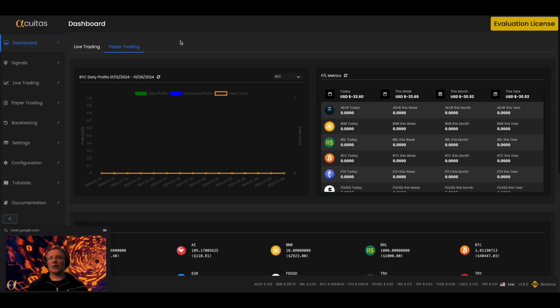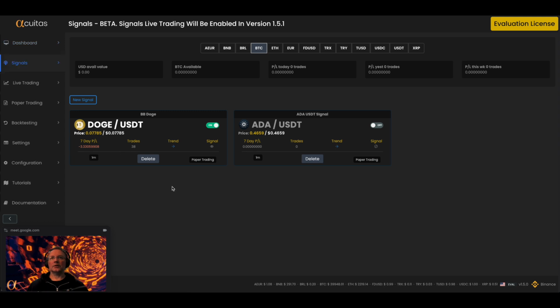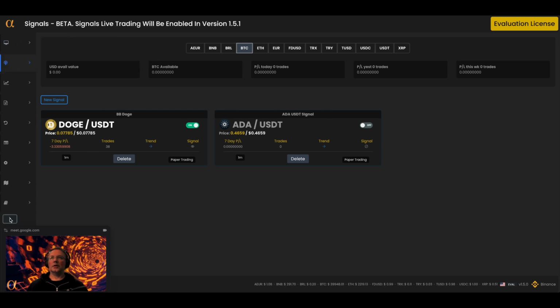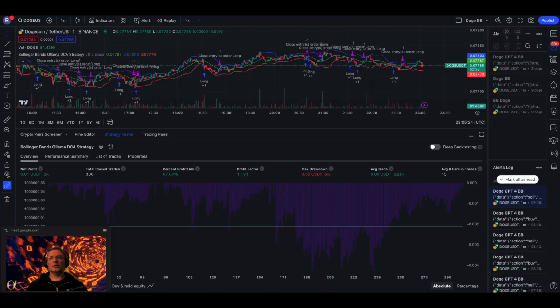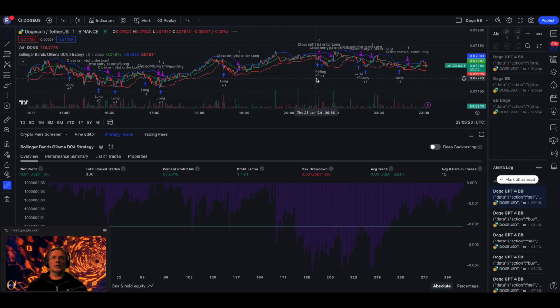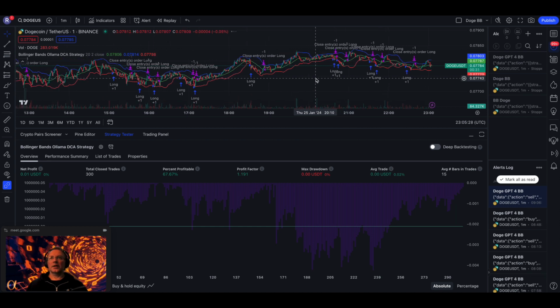What I'm going to talk about today is signals. So we have added a beta for signals, and we allow you to paper trade your TradingView signals into the bot. The bot will execute them, and you can use this in addition to any of the strategies that are built in that you want to use. What's cool about signals, obviously, is that you're open to literally anything. So this is not a good strategy, but this is something that I've been using